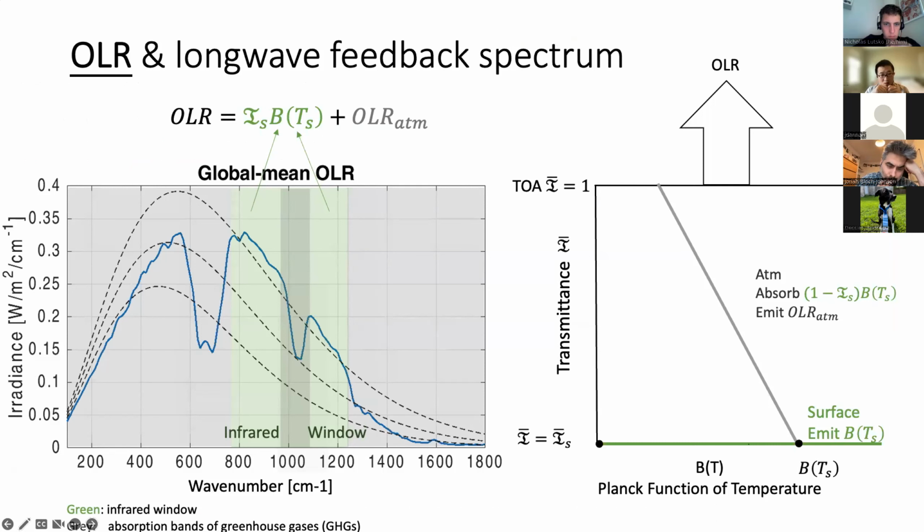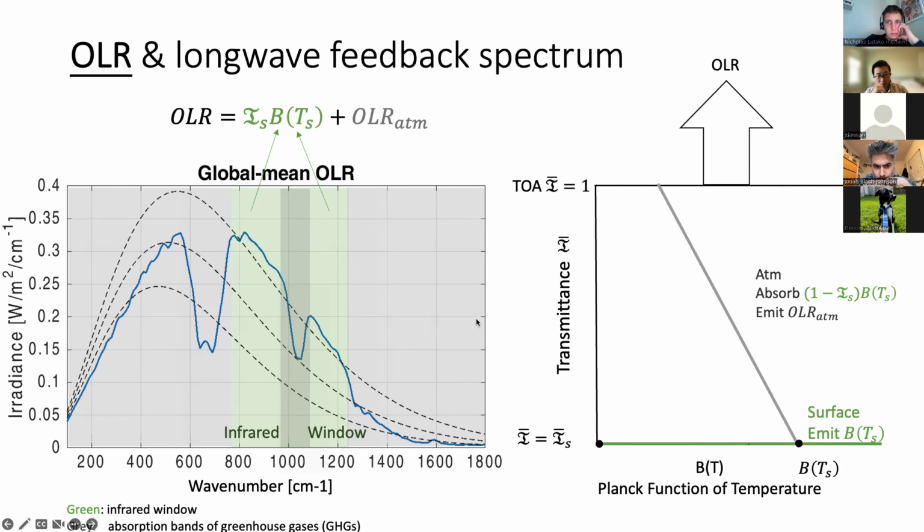In a clear sky condition, OLR sources from the surface and the atmosphere. The surface emits at a rate controlled by the Planck function of temperature, which is then transmitted through the atmosphere. Because the atmosphere contains greenhouse gases, it traps energy from the surface and then emits thermal energy back to space. The large tau_s marks the total transmittance of the atmosphere, and the OLR_atm marks the energy that is directly sourced by the atmosphere.